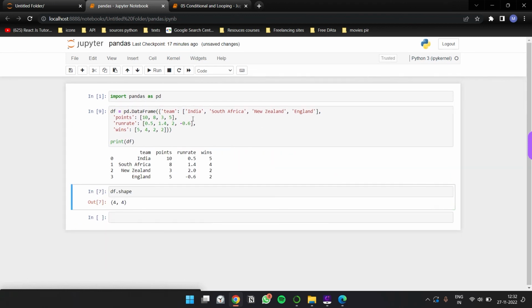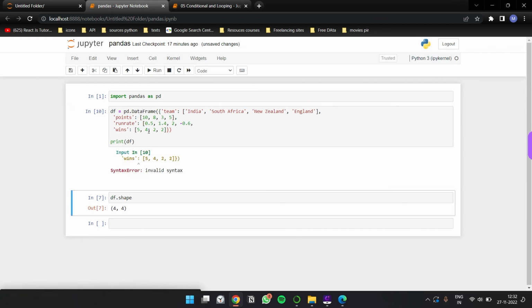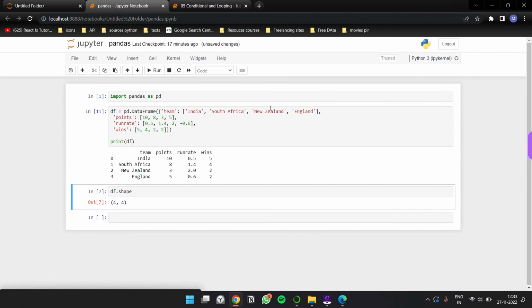Then what all errors can you get? If you miss a bracket, you'll get an error. If you run anything, it'll show you where it is, in line 10. So the error is somewhere in line 10. I mean, it's not exactly in line 10, but most of the errors you'll sort out if you just check the syntax errors you have made. And there are a lot of errors you might get. Indent, suppose indent